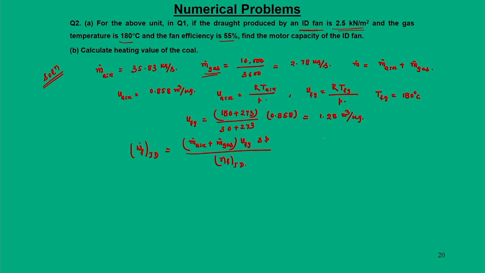So, here the data is given: the efficiency is 55% and delta P is 2500 Newton per meter square. So, by inserting the values we can obtain W dot FD, that is the power requirement for the induced draft fan,